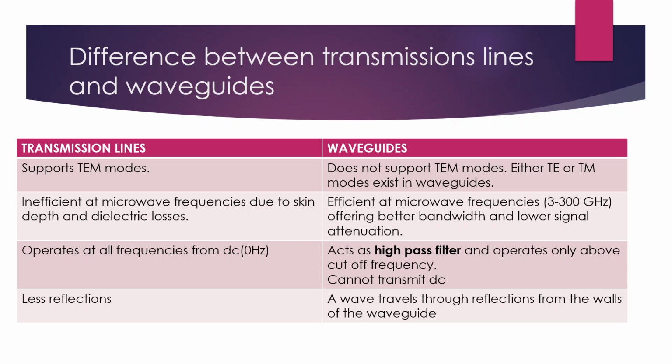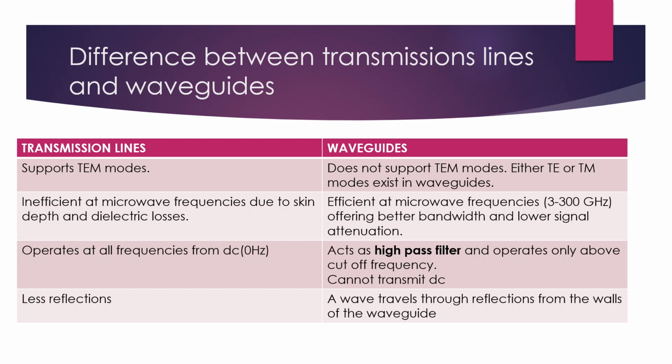First, when we consider the modes, transmission lines support TEM mode, which I explained just now, transverse electromagnetic mode. That means both electric and magnetic fields have no component in the direction of propagation of the wave. Whereas waveguides do not support TEM mode. Based on the equations, we can prove that, which I will be discussing later. So for now just understand, waveguides do not support TEM mode, and they support either TE or TM mode. TE for transverse electric mode and TM for transverse magnetic mode.